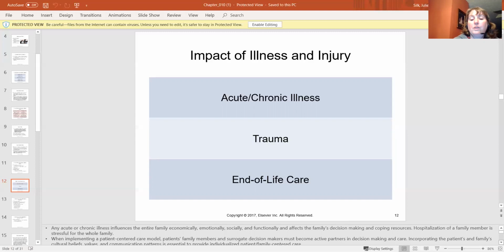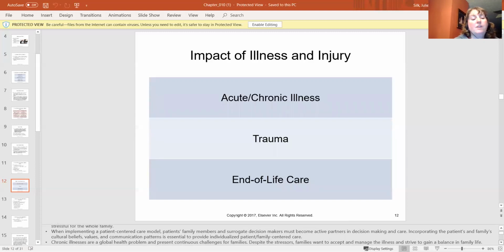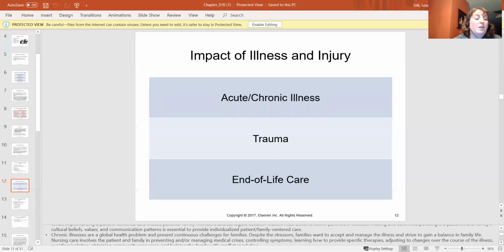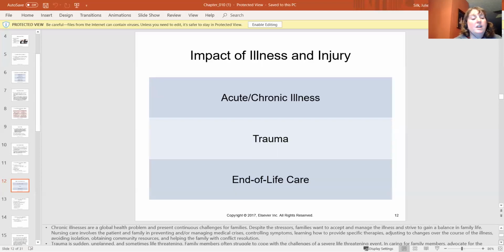care. Incorporating the patient's and family's cultural beliefs, values, and communication patterns is essential to provide individualized patient and family-centered care. Chronic illnesses are a global health problem and present continuous challenges for families. Despite the stressors, families want to accept and manage the illness and strive to gain a balance in family life. Nursing care involves the patient and family in preventing and/or managing medical crisis, controlling symptoms, learning how to provide specific therapies, adjusting to changes over the course of the illness, avoiding isolation, obtaining community resources, and helping the family with